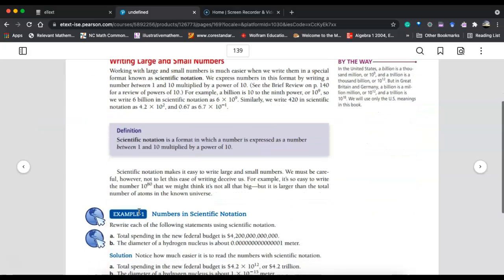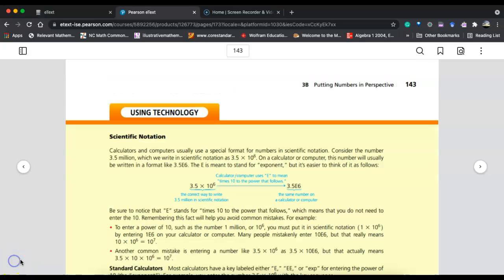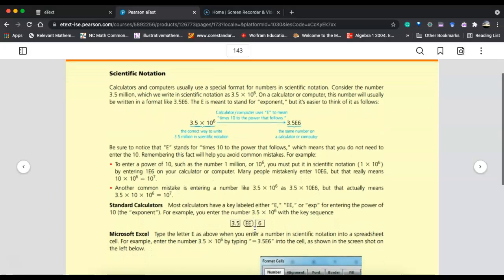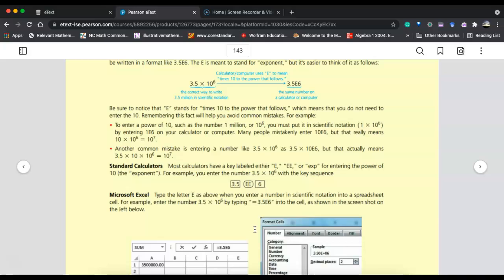about. Remember that as you scroll through each page, you'll see definitions and formulas in these purple boxes, as well as other videos and other examples from the text along the sides. On page 143 of this section, there's a little bit different insert here about technology in particular. So I really encourage you to read through this one about how we can read or interpret numbers from scientific